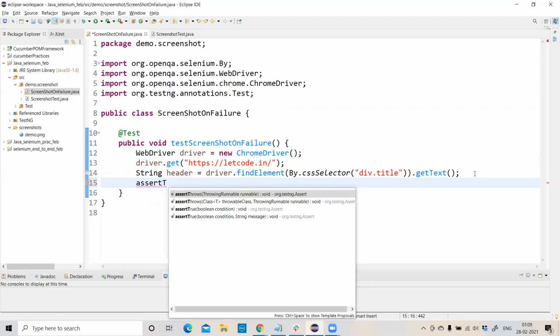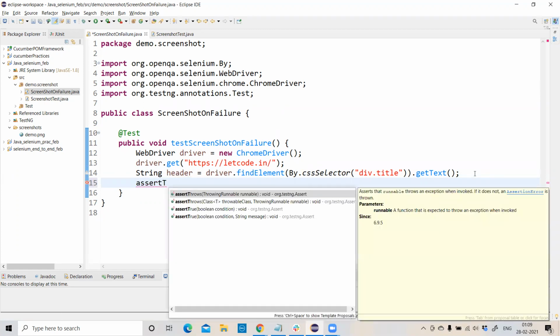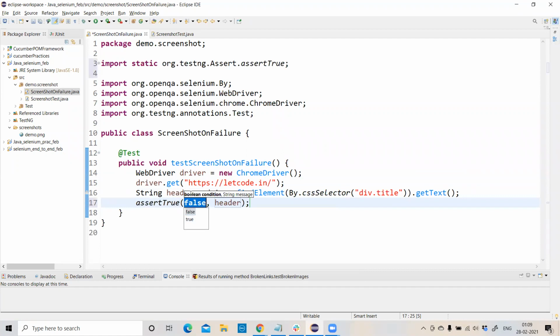Assert true, guys. This assertTrue takes a Boolean condition and a string message. So select this. Now in the Boolean condition, we need to check the header part.